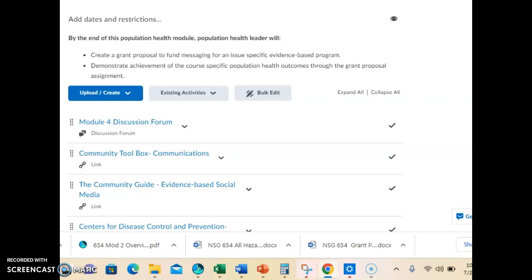We will not have a discussion in week 1 of Module 4. In week 2 of Module 4, our focus will be that you will give an overview of your grant proposal assignment: what was your health message, what population health issue did you focus on, and how did you spend that $40,000 that was awarded to you through a grant in order to improve outcomes across that population and that